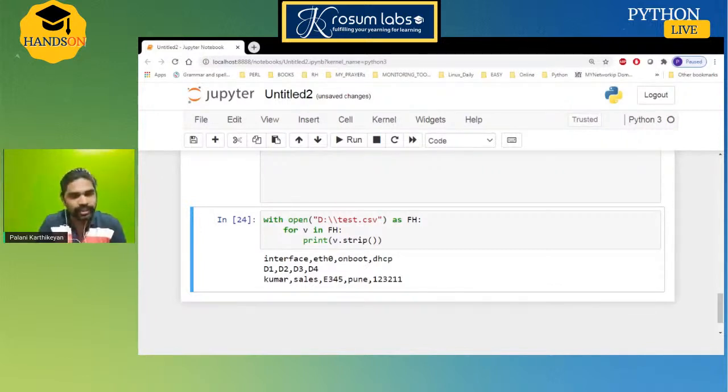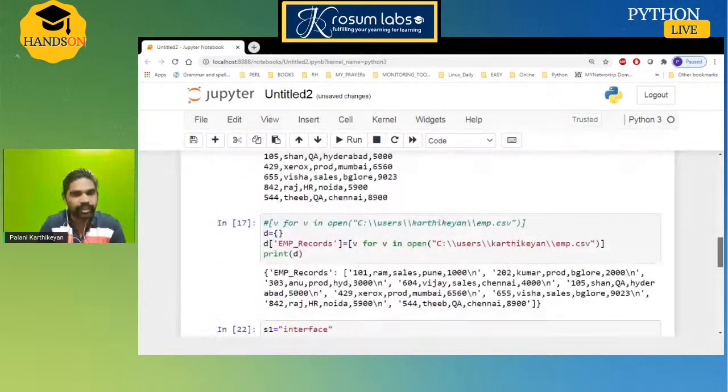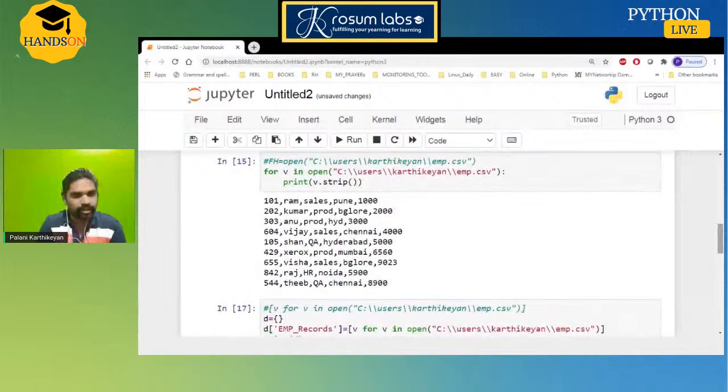In the following session, I will show you how to split with multiple columns. Like in my sample CSV, there are only a few lines and few columns. You can take emp.csv. There are 5 columns, or some 20 columns, 15 columns. I'll take some real data, 15 columns. I want to split only vertically.